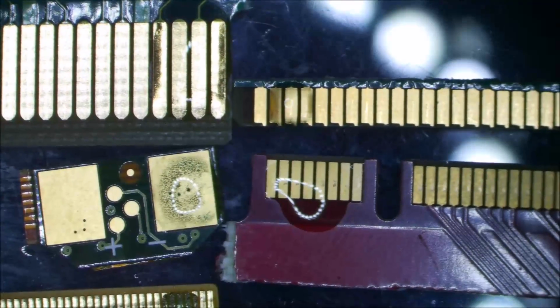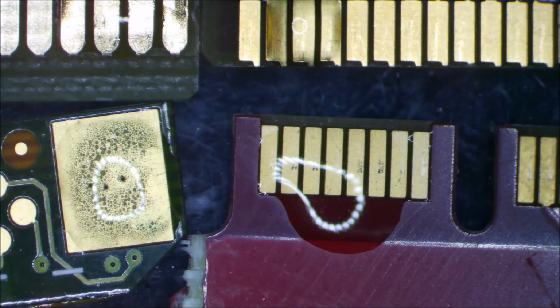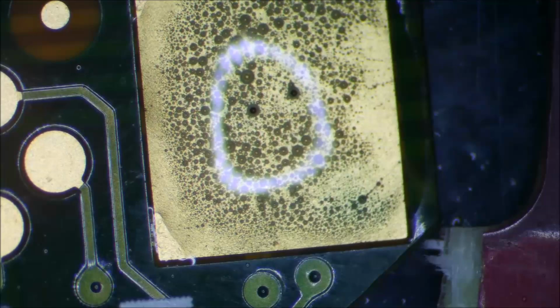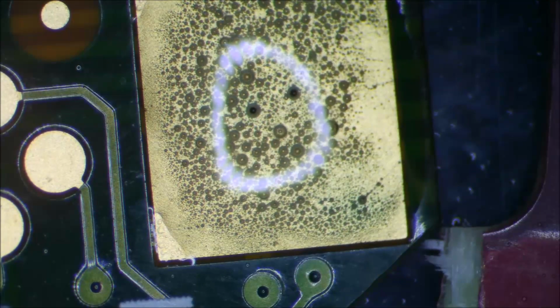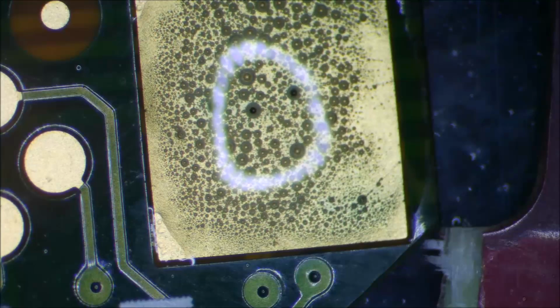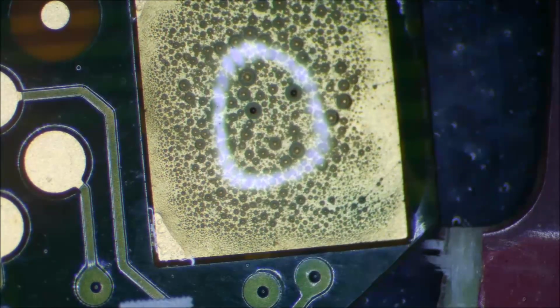So let's have a bit of a closer look at these ones. You will see the ENIG, electroless nickel immersion gold, thin plating over here. Once again, a fairly vigorous reaction, and as you will see, the bubbles are going through the actual gold plating. And what will actually happen later on is once it's eaten away a little bit of the copper underneath, I'll show you how the gold plating essentially turns into powder on that one. This one here,